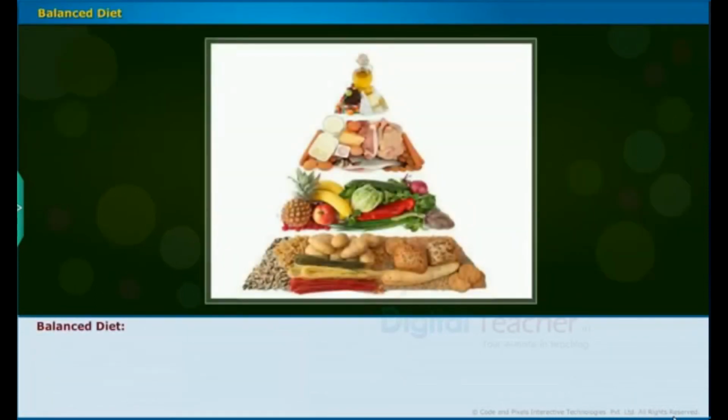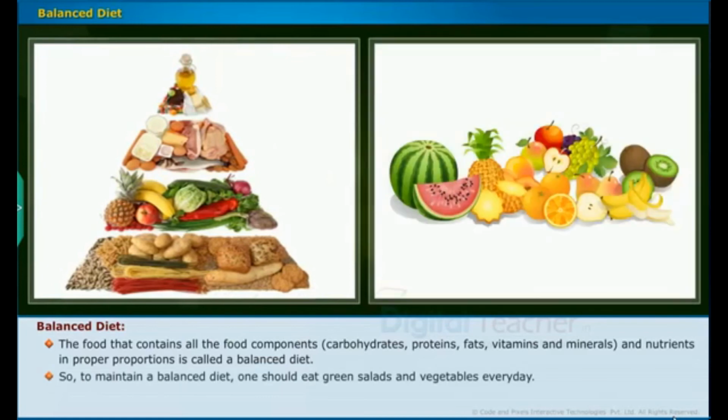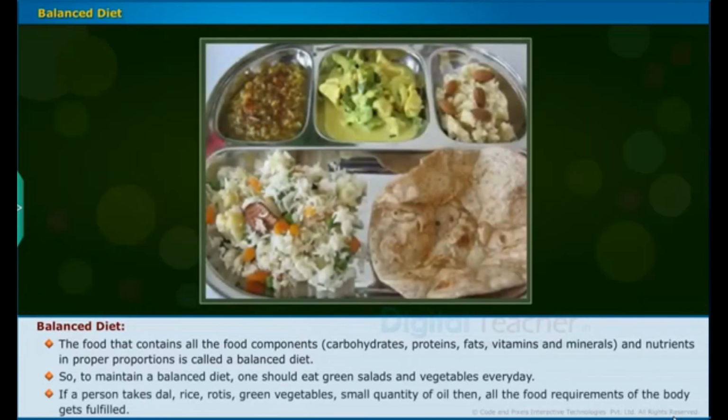Now, let us learn about the balanced diet. The food that contains all the food components like carbohydrates, proteins, fats, vitamins and minerals and nutrients in proper proportions is called a balanced diet. So, to maintain a balanced diet, one should eat green salads and vegetables every day. If a person takes dal, rice, rotis, green vegetables, small quantity of oil, then all the food requirements of the